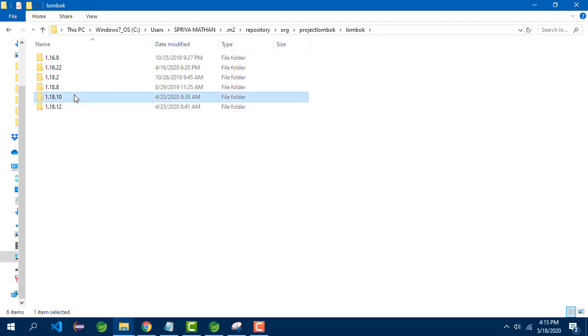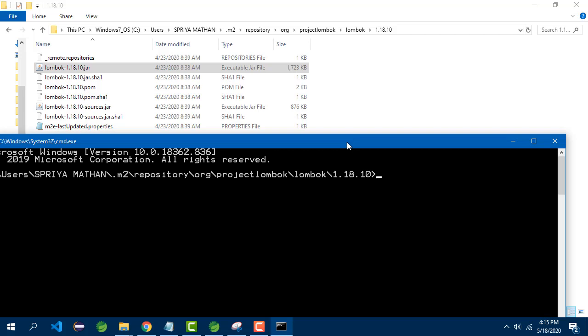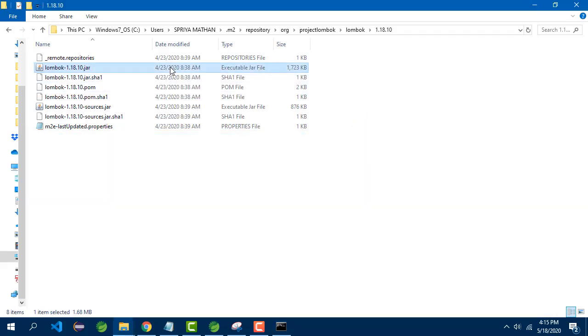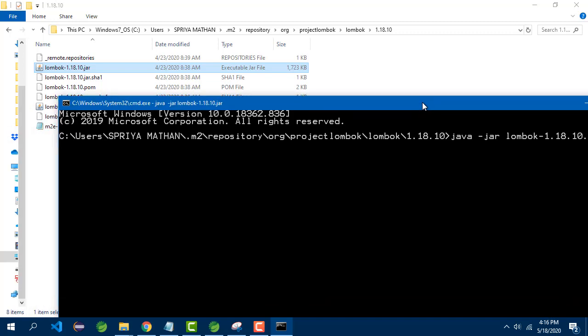Let me select one particular version, and now I will open the command prompt from here. From this place, we need to run the jar file. So I will just copy the jar file name also. So it is java space -jar space, Ctrl+V, .jar. So you have to run the Lombok jar file from the command prompt. The jar file is available in the .m2 repository folder. So I have gone inside that folder, selected that jar file, and I am running it in the command prompt. When you press enter,